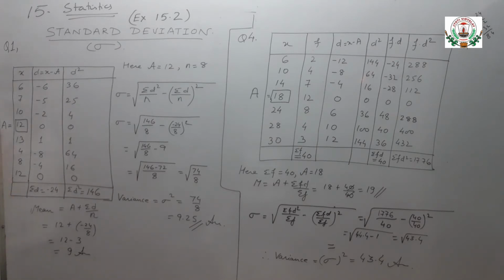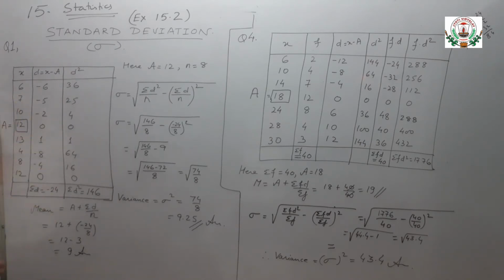In this case, as we take the assumed mean for calculating the mean by shortcut method, in the same way we have to take the assumed mean. 1, 2, 3, 4, 5, 6, 7, 8. 8 divided by 2 is 4. 1, 2, 3, 4. This will be our assumed mean. Okay. Now deviation, जैसे कि mean deviation में अपन मॉडुलस ऑफ d निकालते थे, पॉजिटिव करते थे वैल्यूज को, यहाँ पे ऐसा कुछ नहीं करना है. Here, if the deviation is negative, let it be negative. If it is positive, let it be positive only. No need of converting every sign to the positive sign.